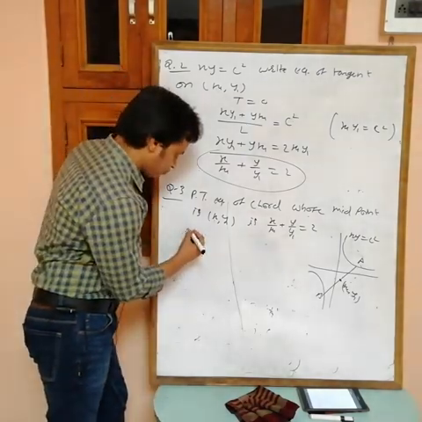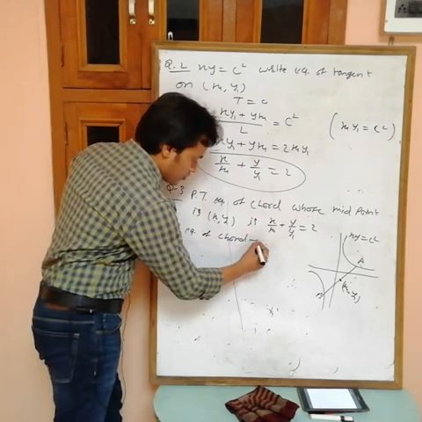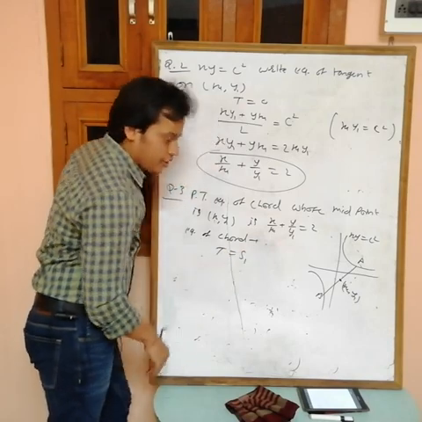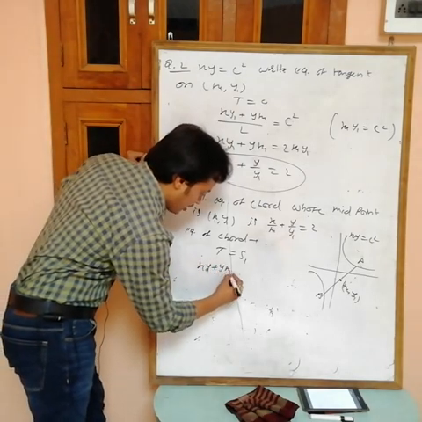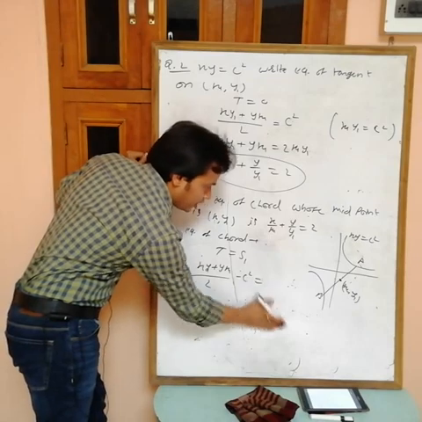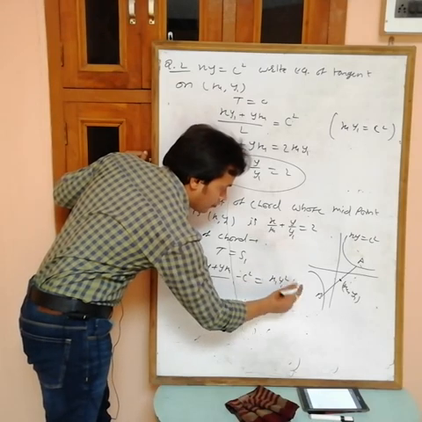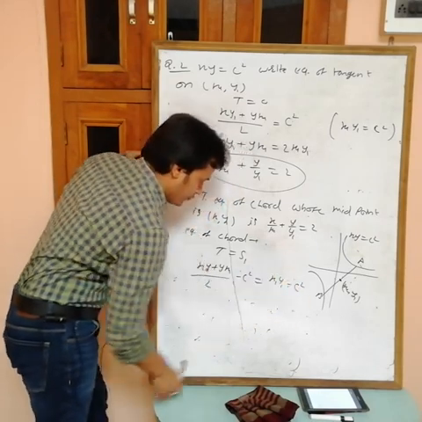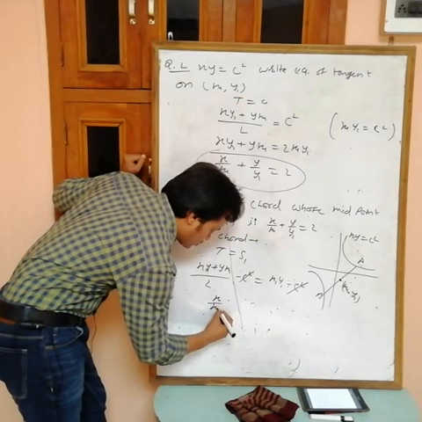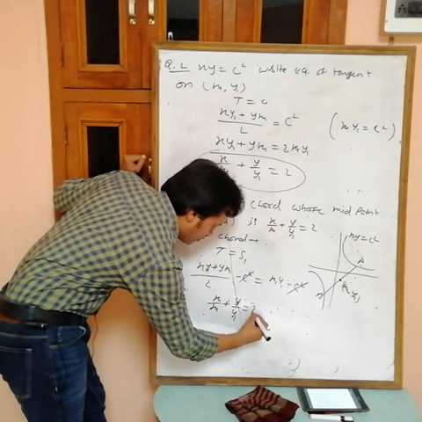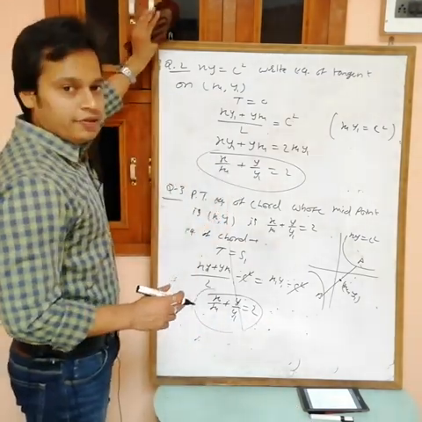Okay, equation of chord whose midpoint is given as T equal to S1. T, again what we are getting, (x y1 + y x1)/2 minus c square, and S1, put x1 comma y1 in the equation: x1 into y1 minus c square. Now minus c square cancels out. Again divide with x1 y1 and 2 at the side. What you will get? x/x1 plus y/y1 equals 2. This is the equation of the chord whose midpoint is given. Okay, write down.